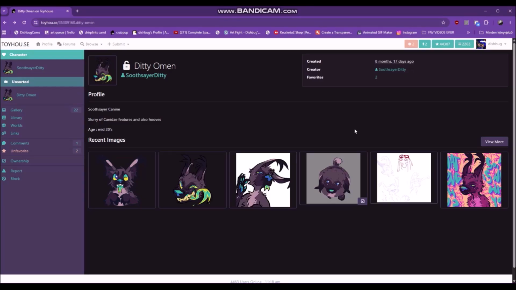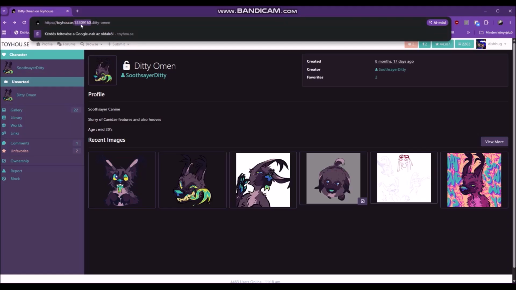Second off, welcome to my tutorial on how to add images to other people's characters on toyhouse.com on a computer. So first off, navigate yourself to the character that you will be uploading your image to. The only thing you'll need from this page is just this string of numbers, and you'll just copy that, Control